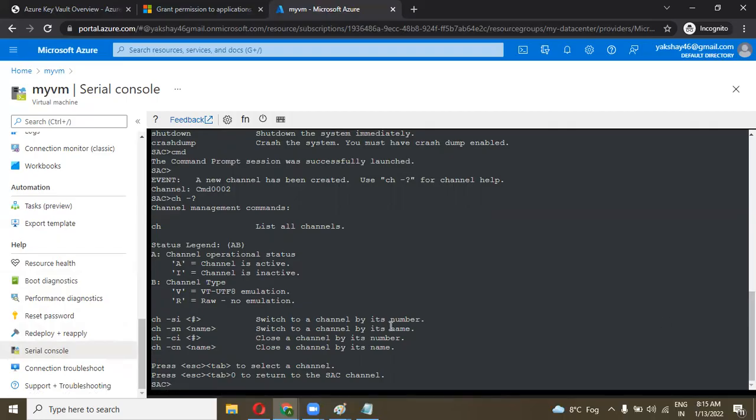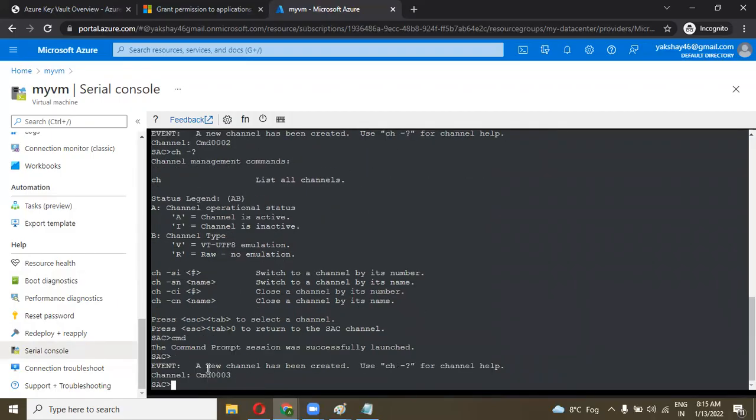If you type any type of commands over here, then you can see them in your boot diagnostic section. If I'm typing cmd, now channel 3 is created.